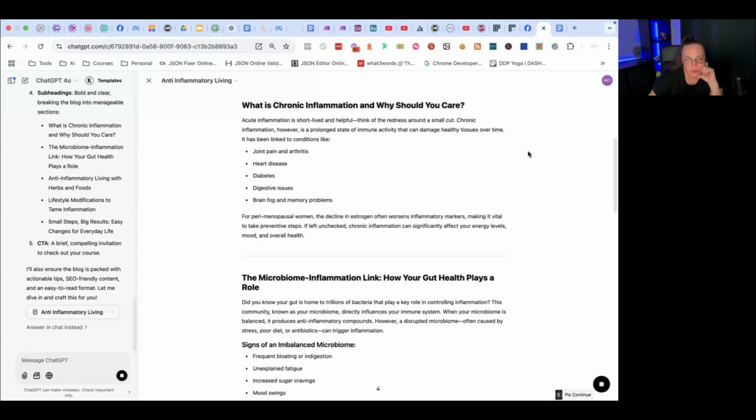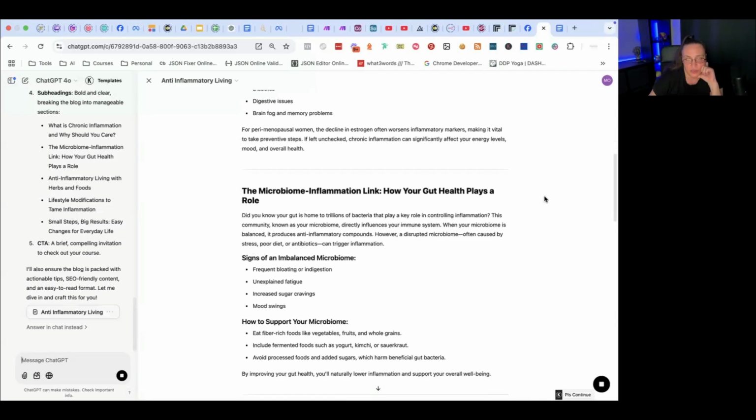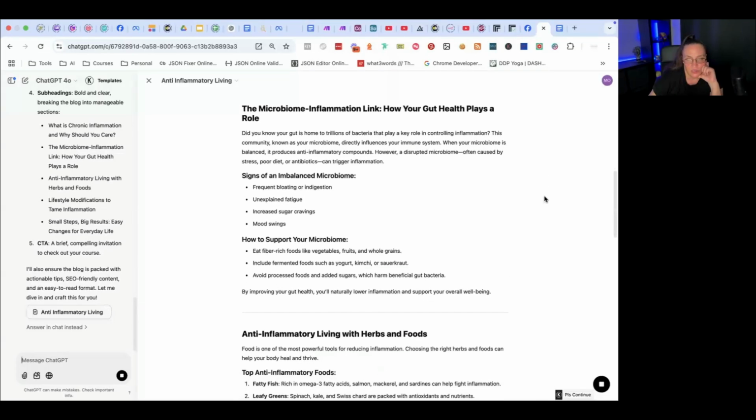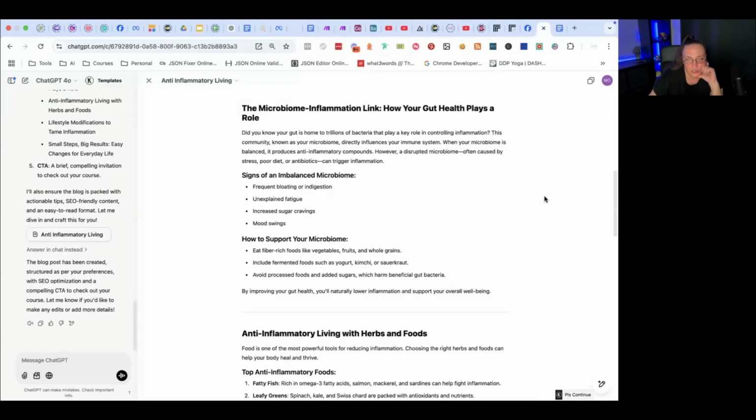For perimenopausal women, the decline in estrogen often worsens inflammatory markers, making it vital to take preventive steps. If unchecked, chronic inflammation can significantly affect your energy levels, mood, and overall health. And how your gut health plays a role. Did you know your gut is home to trillions of bacteria that play a key role in controlling inflammation?